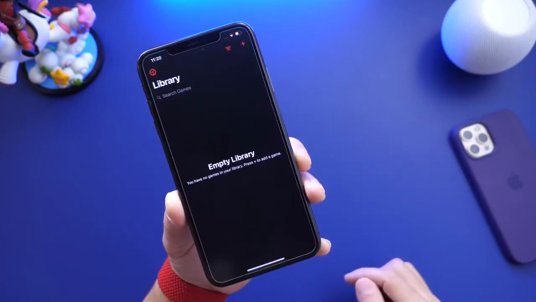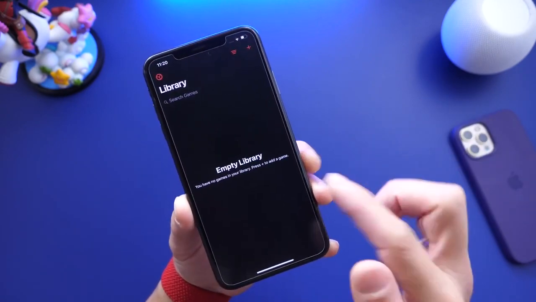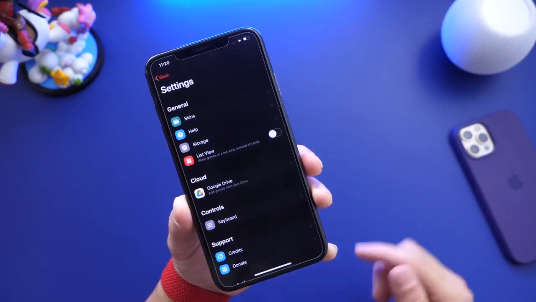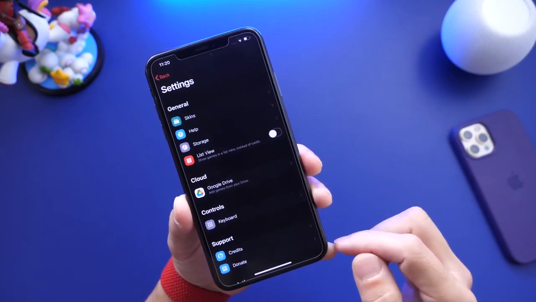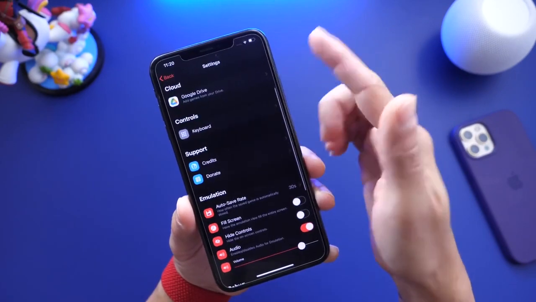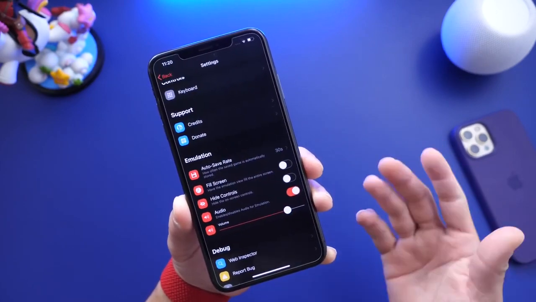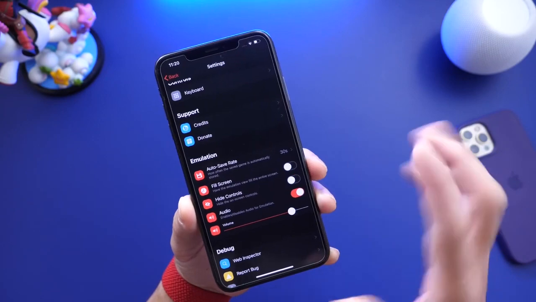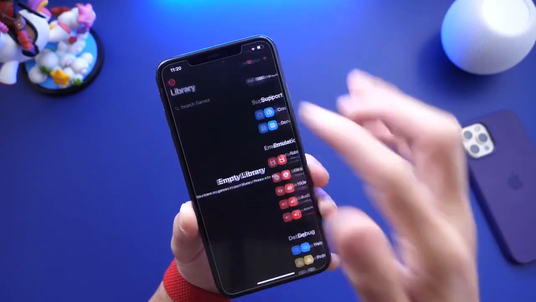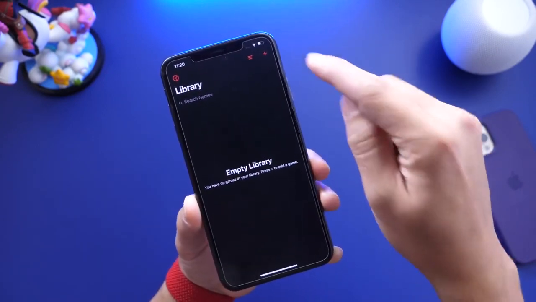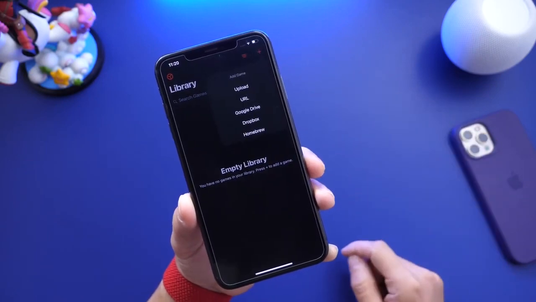We can go back into Eclipse, and inside the application, there's a settings tab here where you can download some skins for the controllers, and you also have additional options to save to Google Drive. You also have the emulator options here to auto save and things like that, full screen. You can play around with those controls if you wish to do so. I'm just going to keep them stock here, and then just click on the plus icon once you're ready